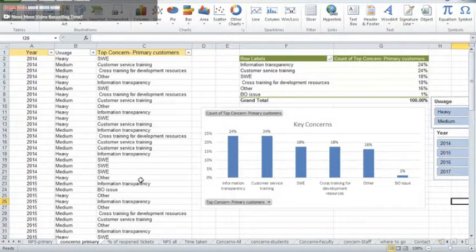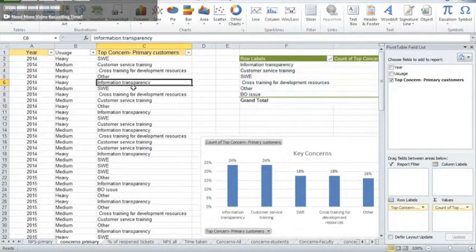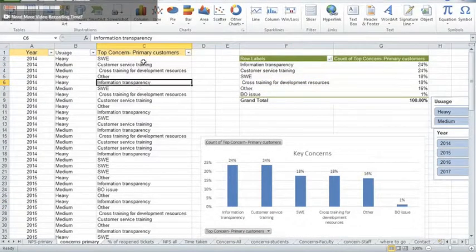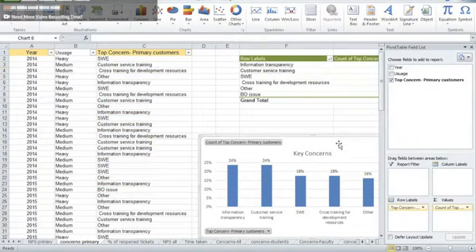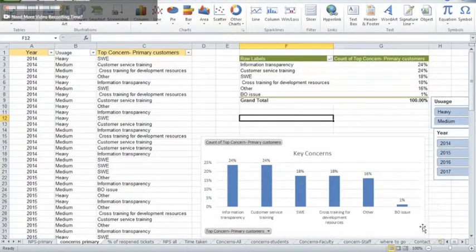We also have one more data which talks about the concerns for primary customers. Again, as I mentioned before, since primary customers are the most important customers, we have created a separate graph. For this, you have to replace the values given over here with the original values from the survey and then track it in the dashboard.